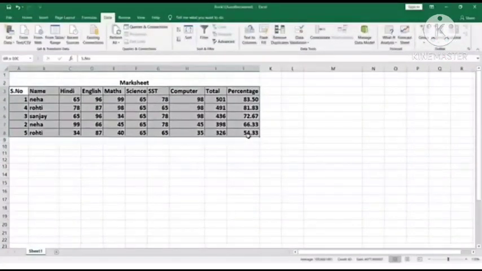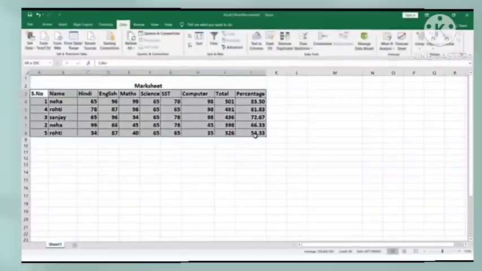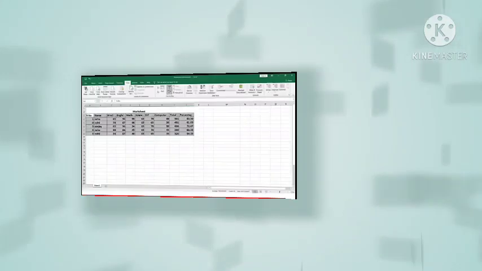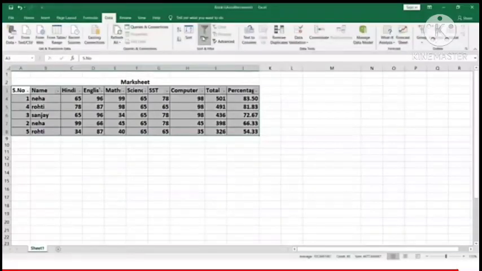Now over here, children, suppose this is a table and I want to filter the data in that table. What I can do is click on the data in the menu bar. After that, next to sorting, I can see a filter option over there. So I have to click with the mouse on the filter option.